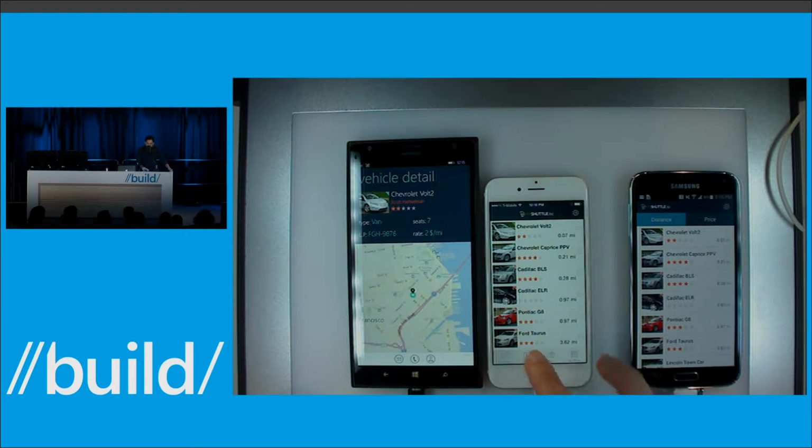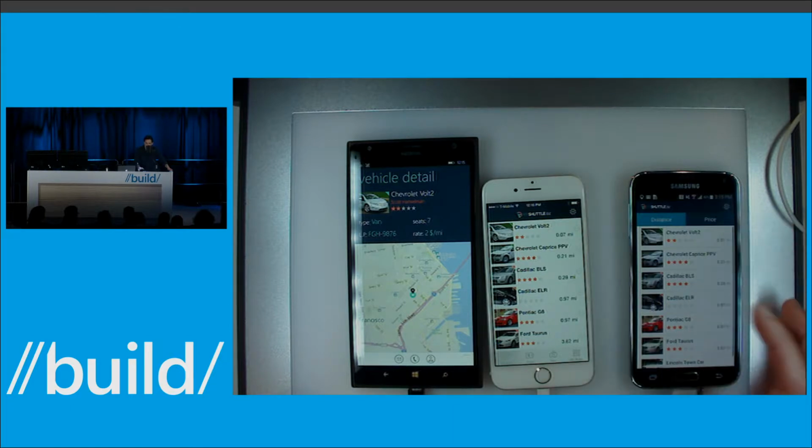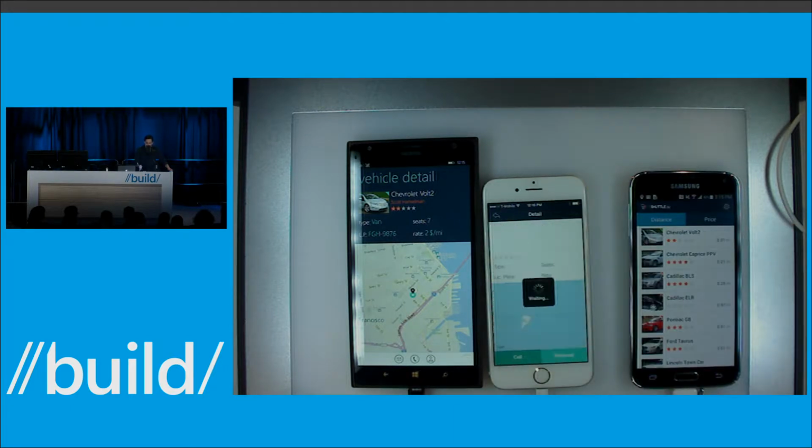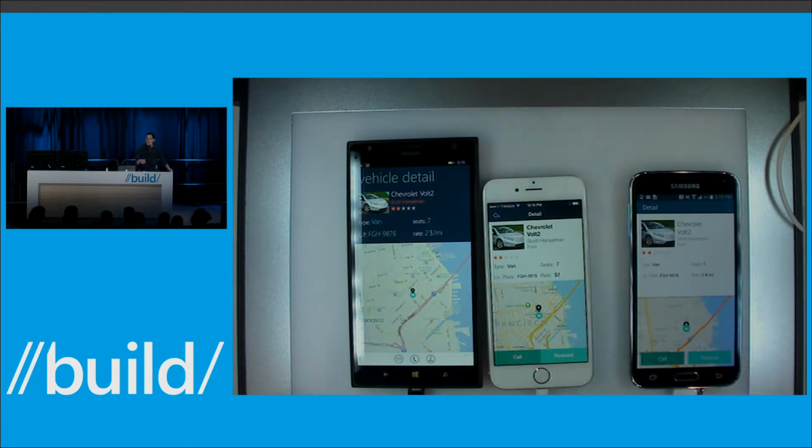If we go to the iPhone application, you can see that the navigation is along the bottom, which is a very iPhone kind of way to do it. And for the Android application, you can see the navigation is along the top. Each of these looks and feels very native for the device. If we look at the transitions for the iOS device and the transitions for the Android device, it comes in from the side for the iOS device, and it comes in from the bottom for the Android device. So it is a very native look and feel. And this is built using Xamarin, this particular application.